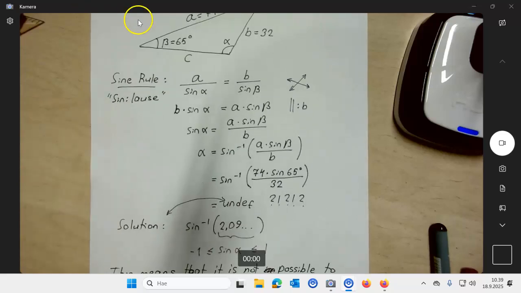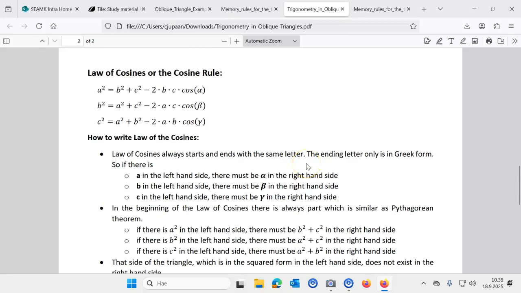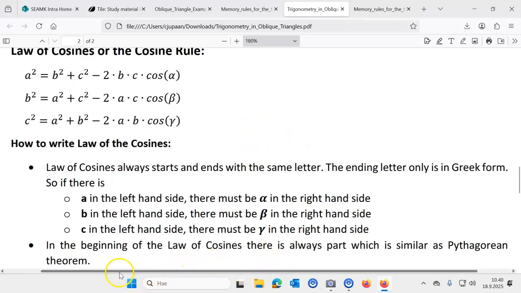We could also use the cosine formula for this. We use other numbers that can exist. We will take an example. All the triangles are not always impossible triangles. But we could also use the law of cosines or cosine rule. If we watch these rules here,